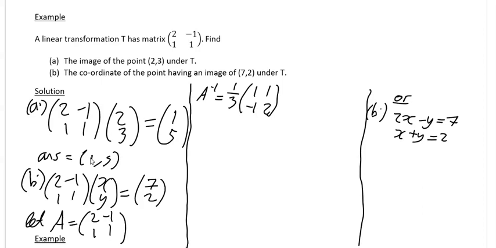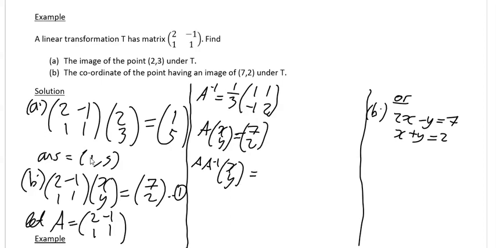And I've changed the sign of the other element. So that's my inverse of A. I'm just going to call that equation 1. And I will rewrite that equation just to make life a bit easier. That's A times (x, y) is equal to (7, 2). That means A times A to the minus 1 times (x, y) is equal to